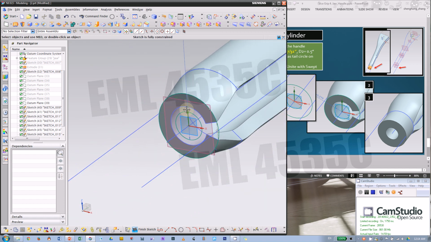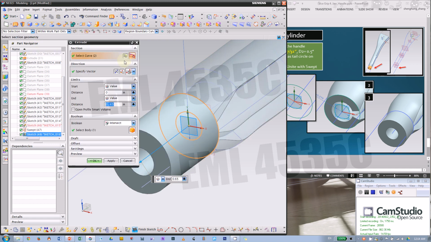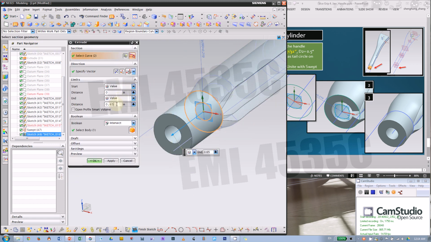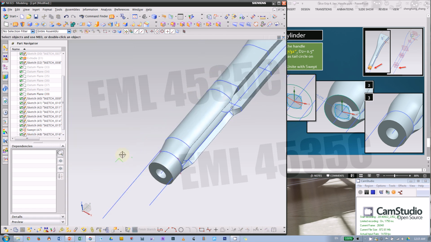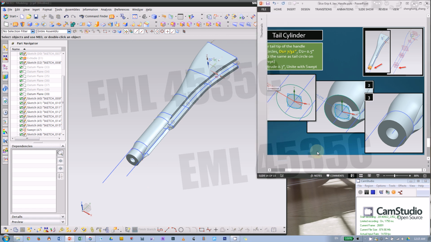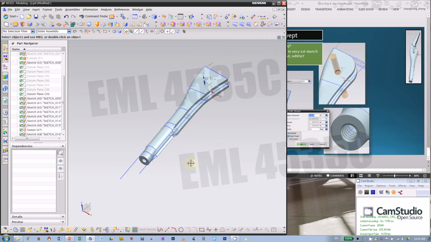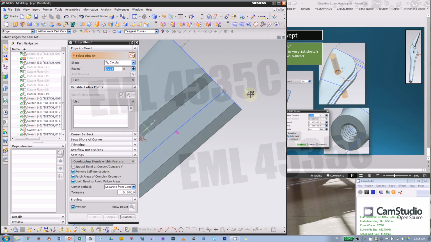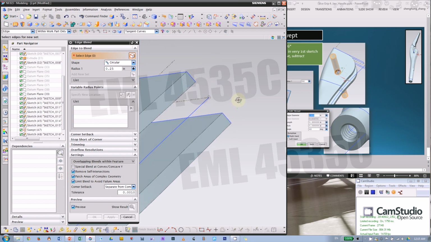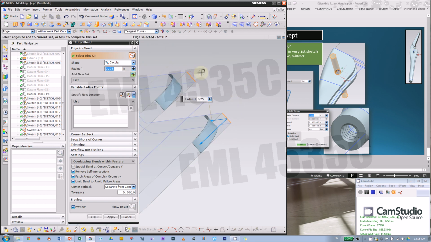Alright, so that's a ring shape. You can just extrude from here, and the distance 0.3 inch, and boolean we want to unite to the swept. Okay, so that's all for the end tip. Then we just need to do some cosmetic stuff. So first is an edge blend for those two edges. Okay, so that'll be 0.6